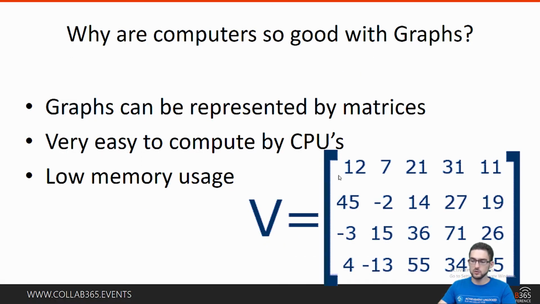And one of the questions you might ask yourself is, we're using more and more graphs in computing, but why are computers so good at working with graphs? Basically, if you study the graph theory, you will find that all the graphs and the relationships and all the paths you can use to move from one node to another one can be represented by matrices. And those are only huge arrays of numbers, and computers are very good at manipulating those because they are very light, and